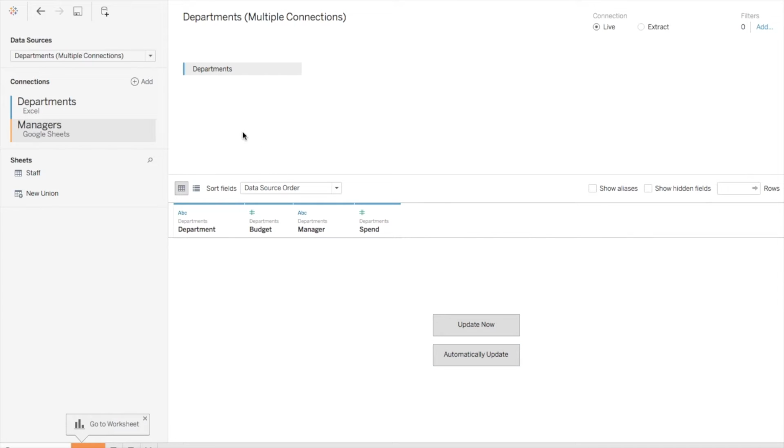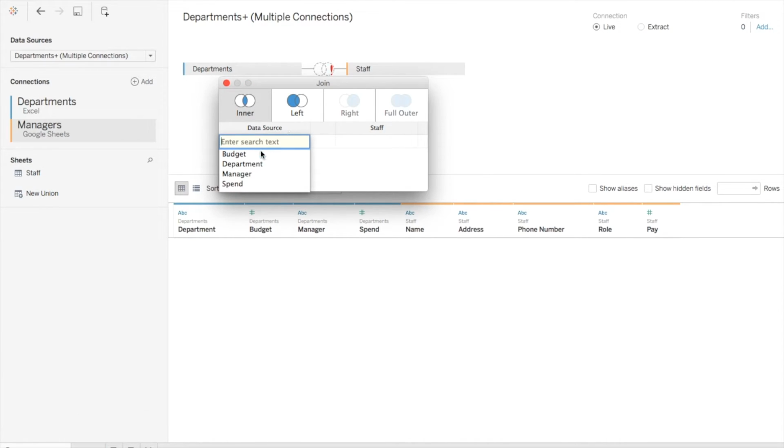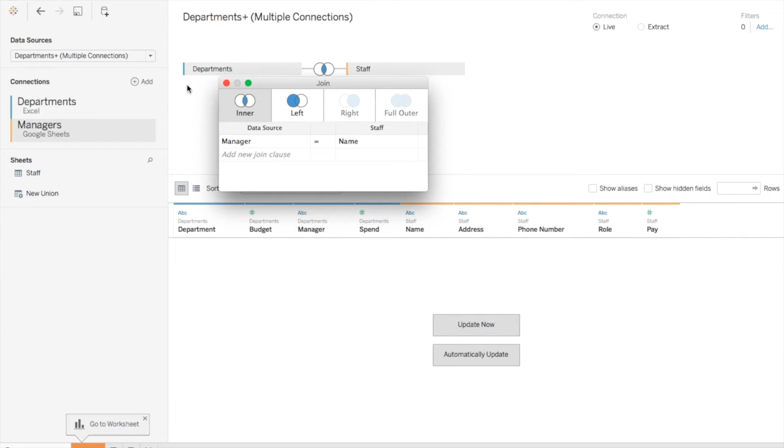Once connected to this data source, it will appear in our connections list over here on the left-hand side of the screen. Once connected, we can switch between the two data sources by simply clicking on them like so. So now looking at our manager's data source, we can bring in our staff sheet from our Google Sheets document. And we can join in much the same way you would on a single data source. So we select our manager, and then we select our name, and there we have a join